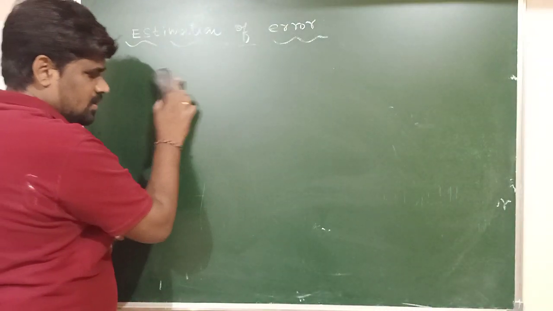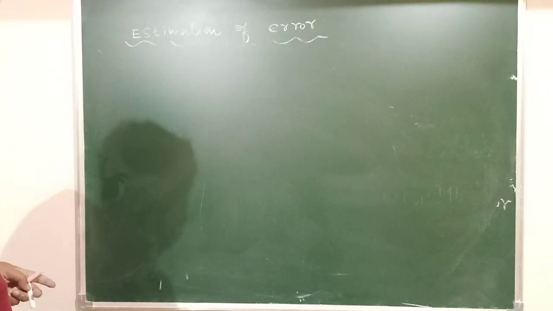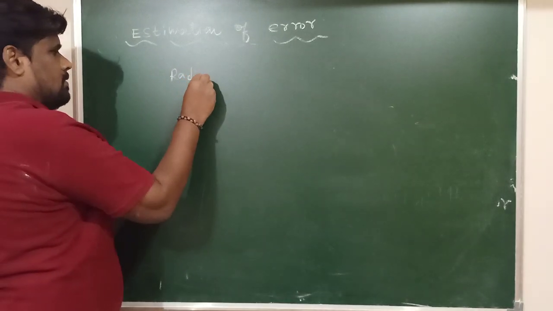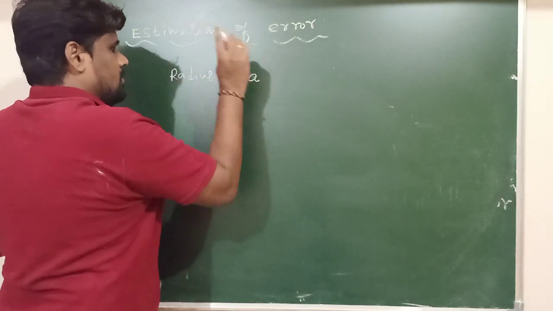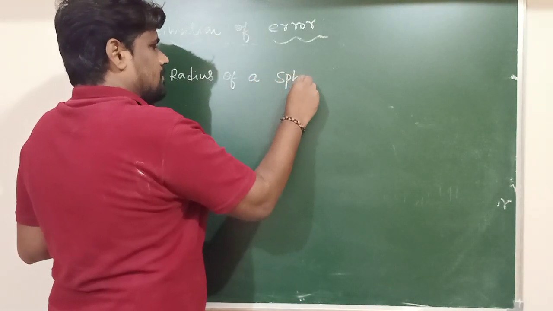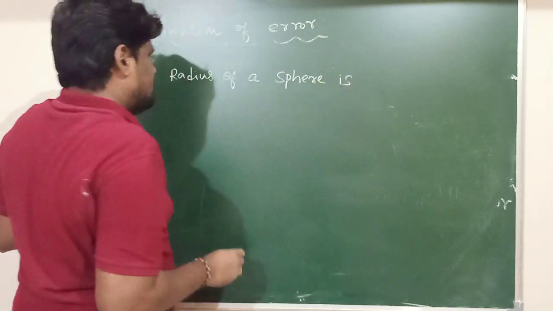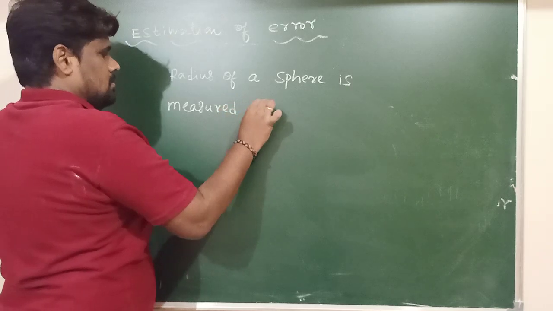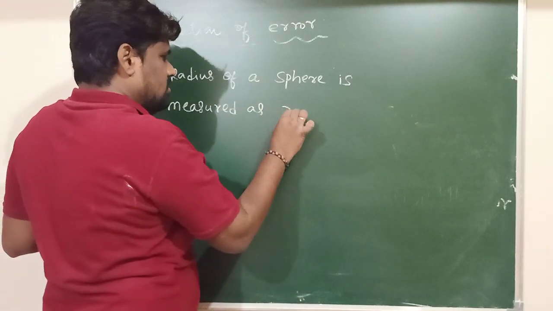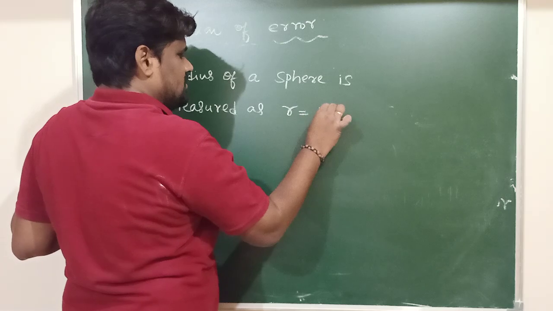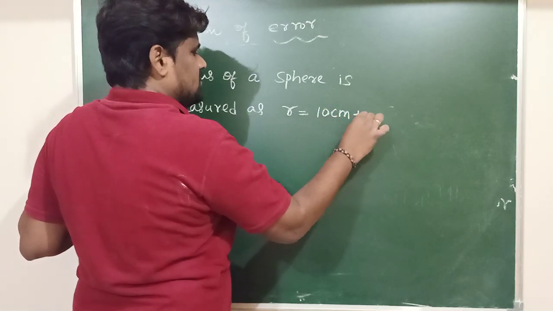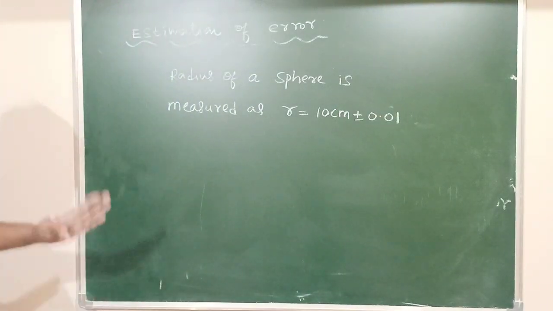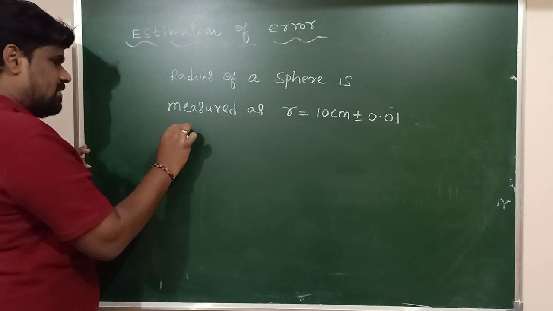So let me take one simple example based on the same. The radius of a sphere is measured as r is equal to 10 centimeter plus or minus 0.01. So this is the measurement of the radius. What is the maximum